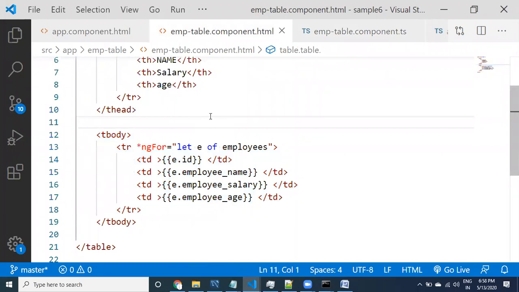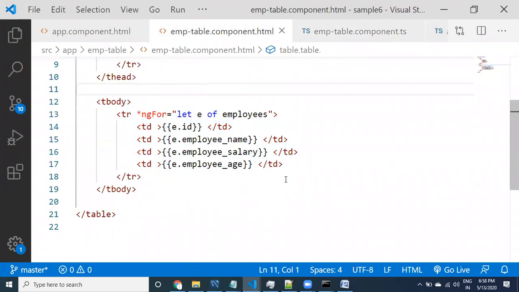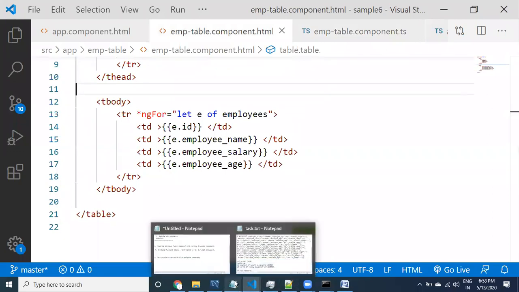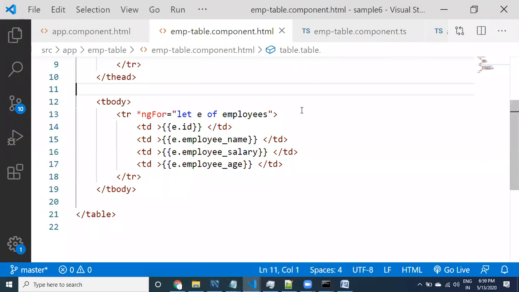So let me create a simple diagram for this, guys. It is going to help us understand very easily what the relationship is, because we have four files involved. What are the four files involved? App component HTML, app component class, employee table HTML, employee table component class. How are they interrelated? I would like to create the interrelated diagram in front of you so that you can understand very easily.